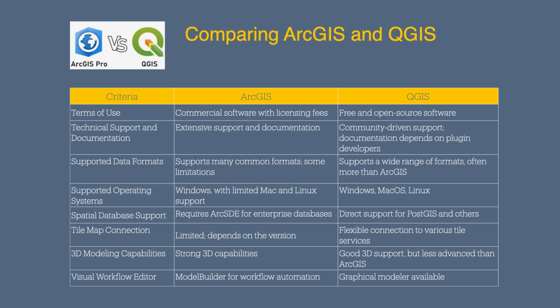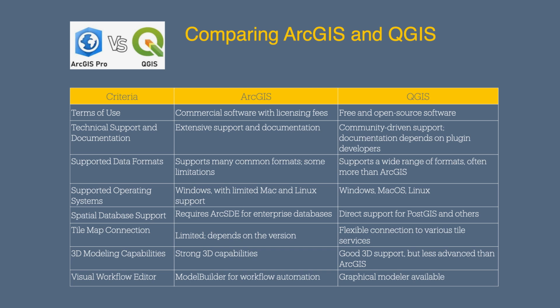On the other hand, QGIS is free and open source software. It supports many data formats and easily connects with other free resources. This makes QGIS a more flexible tool for many users. ArcGIS provides good technical support and extensive documentation. Users can expect help from specialists ready to answer their questions. This makes ArcGIS a convenient choice for those willing to pay for license and support.